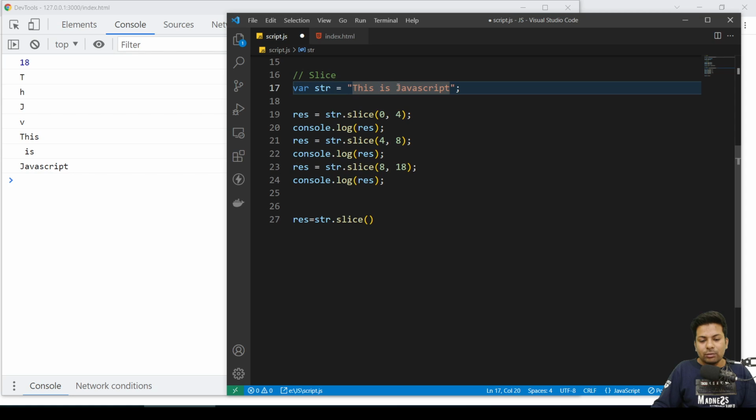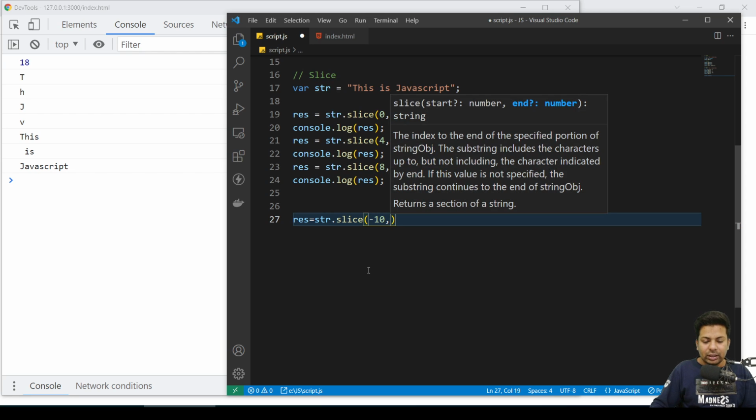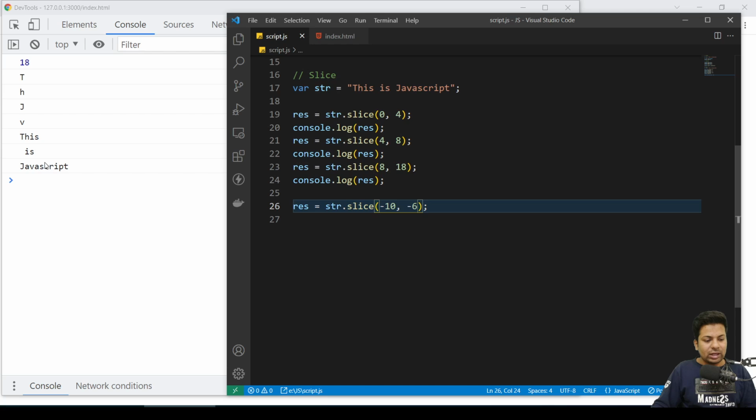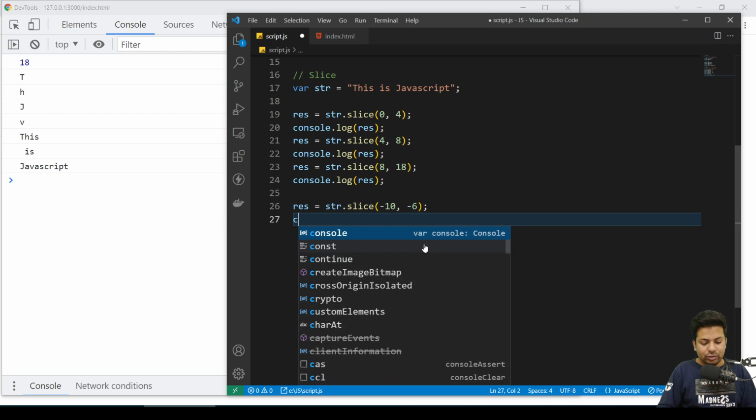So start from -10 because I want from the backwards. So I say -10, till where? I say till -6. So -1, 2, 3, 4, 5, 6. So I'll get the Java word. See, I got it, I have to console that.